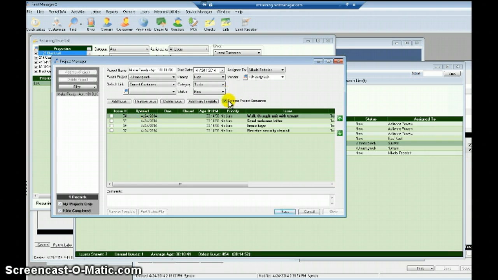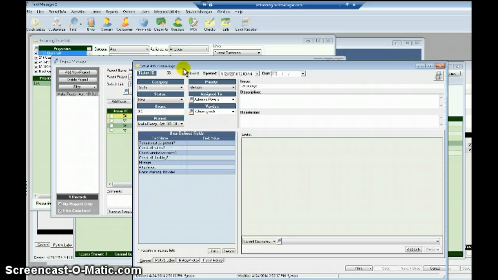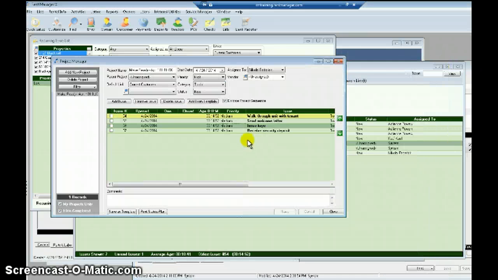But what I think is really interesting is this enforce project sequence. When that is enabled, Rent Manager is saying you cannot, for example, close the issue key. I can't close this service issue until I have done the first thing in the list. So it's going to enforce. The first thing you have to do is walk through the unit with the tenant. Okay. Once I have done